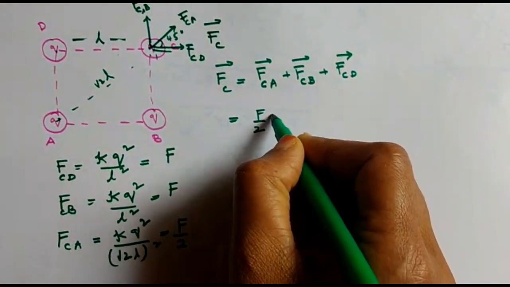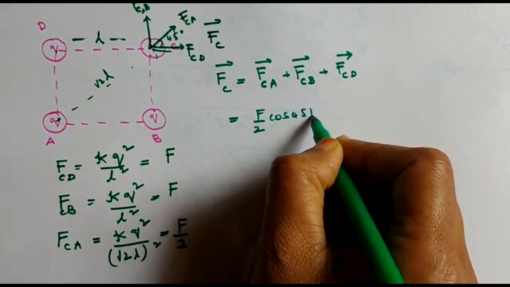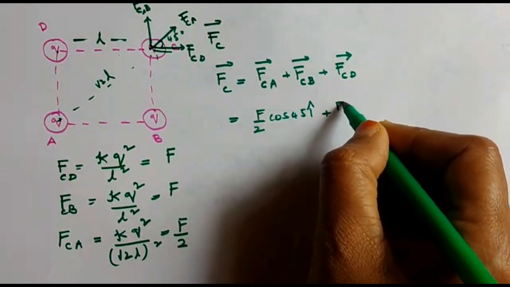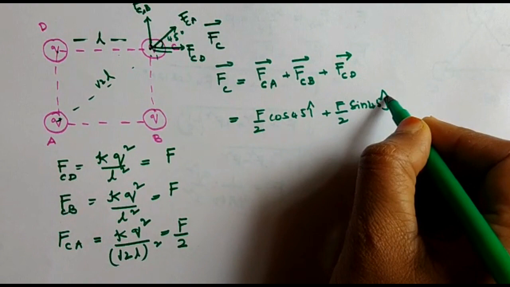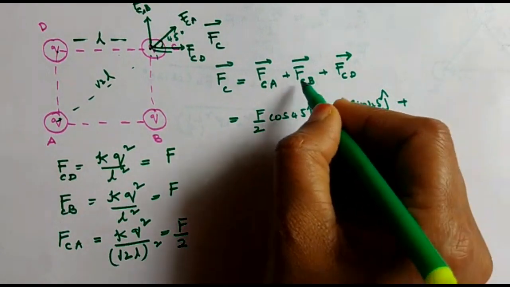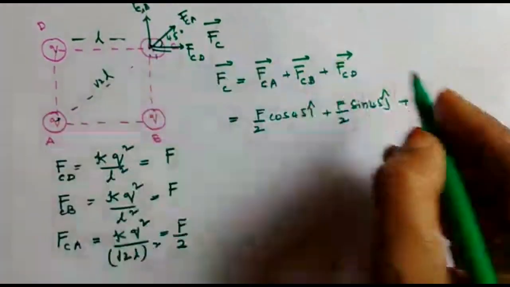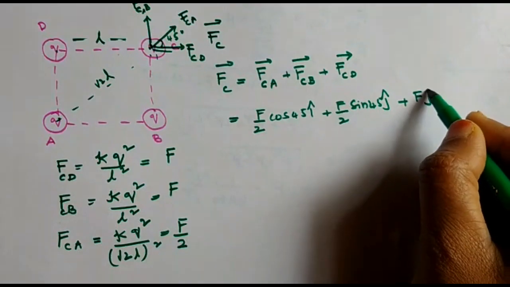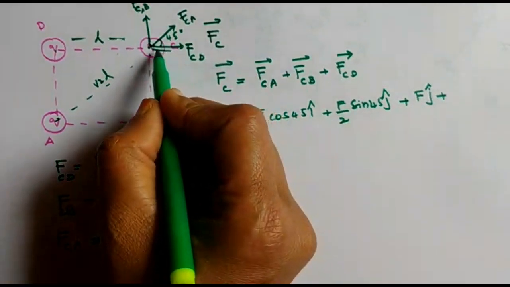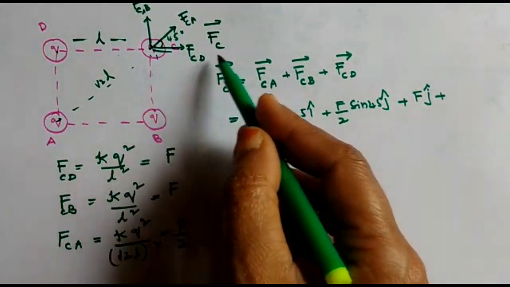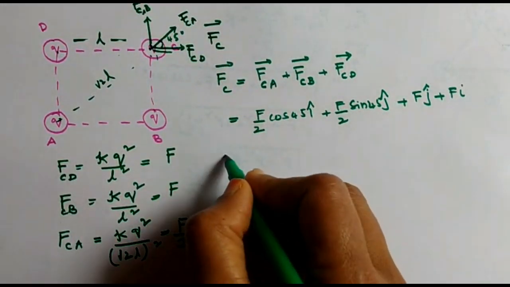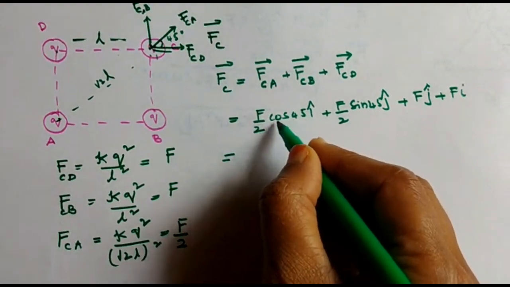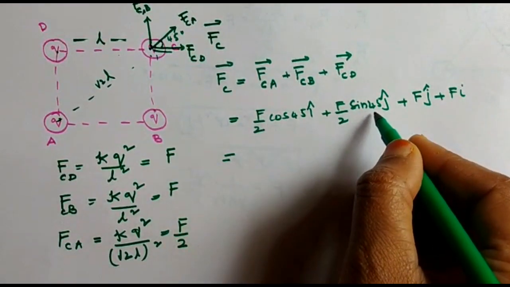So F by 2 cos 45 I cap plus F by 2 sin 45 J cap, plus FCB is acting upward, that is J cap, F into J. FCD, magnitude is F, acting along x axis, into I cap. So on simplifying, because cos 45 is 1 by root 2, sin 45 is also 1 by root 2,